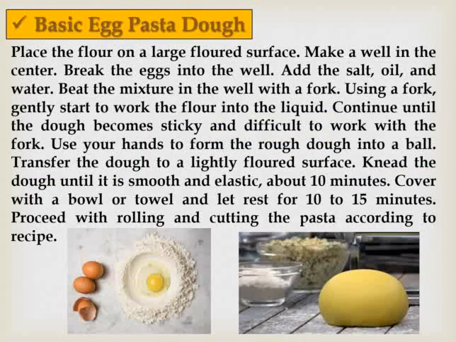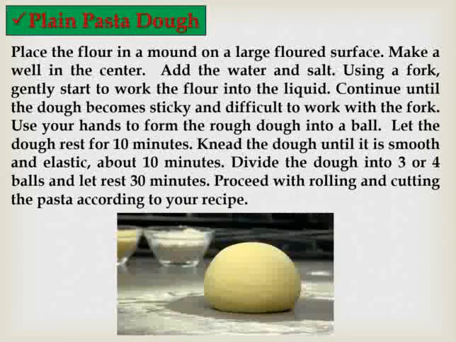The first is basic egg pasta. Basic egg pasta is also known as large flour surface pasta, because it is prepared with a normal basic preparation of pasta. It is prepared with salt, oil, and water. You can see the picture. It is mixed well with the help of your hand, prepared into a chopped dough, and shaped in different types of shapes. This type of pasta is normally prepared with basic dough.